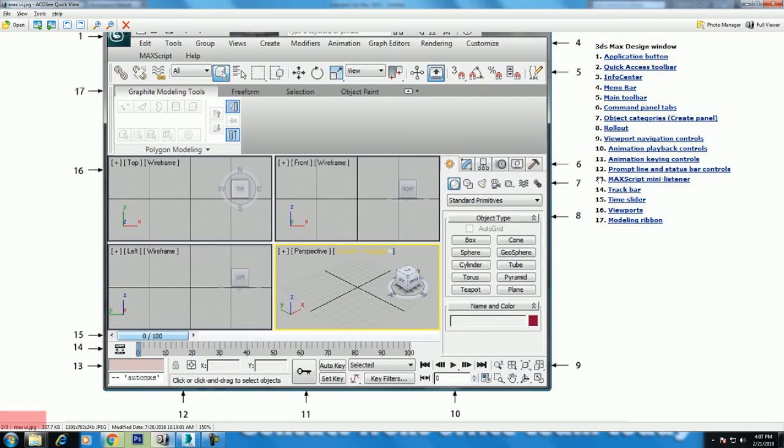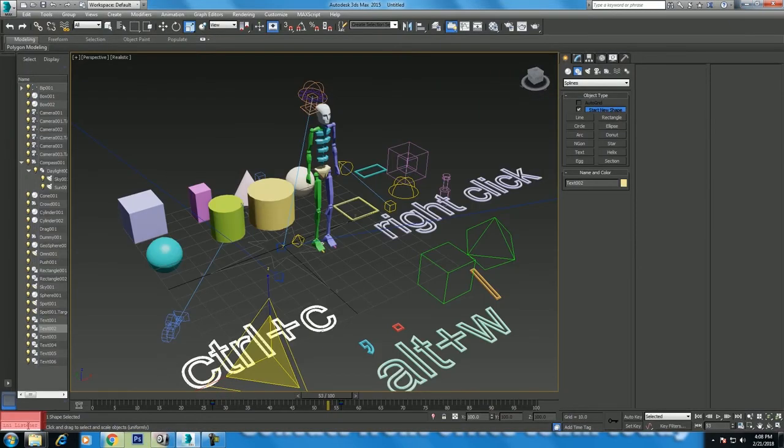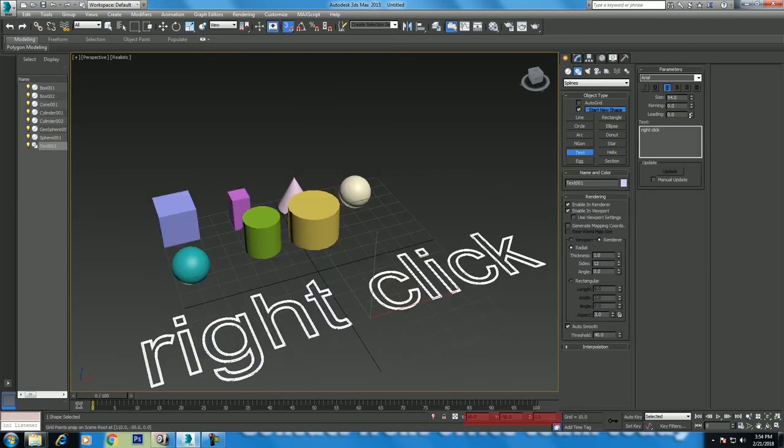The bottom left portion of the screen contains an area for MAXScript users. Transform type-ins are at the bottom center of the screen. You can use these to enter precise X, Y, and Z values to position, orient, or scale a selected object in space. For more information about these, see the movie entitled Transforming Objects.